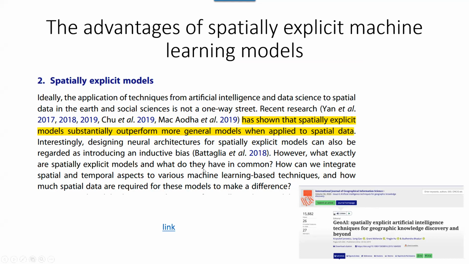In the second section of this paper, they said recent research has shown that spatially explicit models substantially outperform more general models when applied to spatial data. So if you have spatial data, try to focus first on spatially explicit machine learning algorithms. They are more preferred than general algorithms.